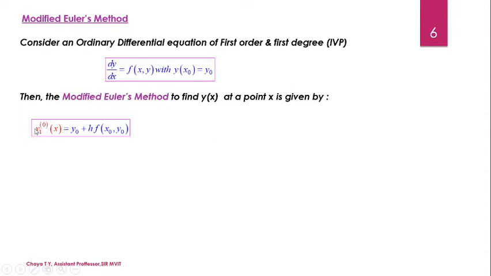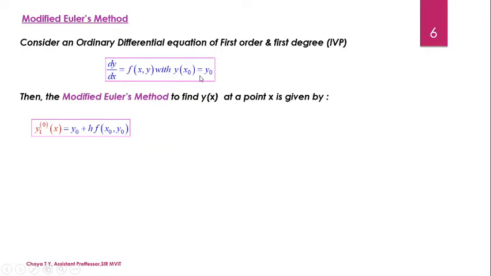The first one is y1 of 0. What do you mean by y1 of 0? The value of y1 at the 0th modification or at 0th step, that means initially. Here y1 is nothing but the solution of the equation, which can be considered as input in the next step. Hence it will be denoted as y1. So the value of y1 at the 0th modification or initial stage at the point x is given by the formula y naught plus h into f of x naught, y naught.